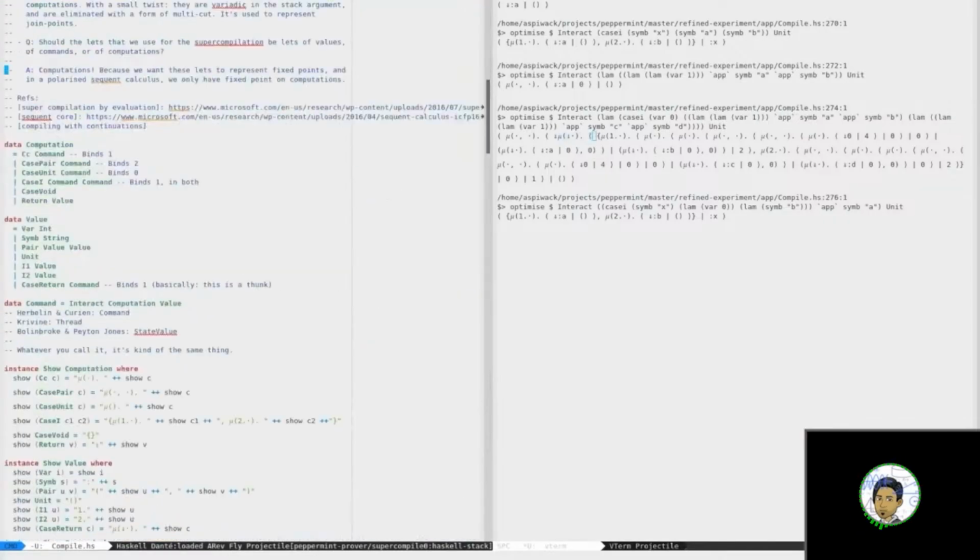I think I see the problem. Here's the problem. Here, everything is a command immediately, except there, I've got a value. And because I've got a value, I say, oh, just pure. So I stop here. Instead of looking inside the value for a command,